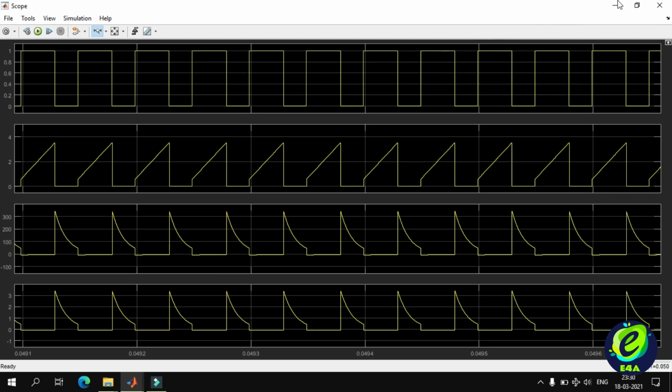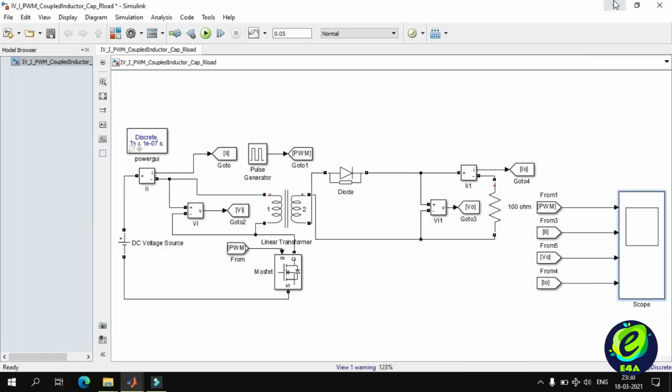We will have to place a blocking diode between load and the transformer secondary because the energy stored in the capacitor during turn on time will also go towards the transformer, which is undesired. The energy should only move towards the load. In order to stop this phenomenon, we will have to place a diode between transformer and capacitor to block the movement of energy from capacitor back to the transformer.